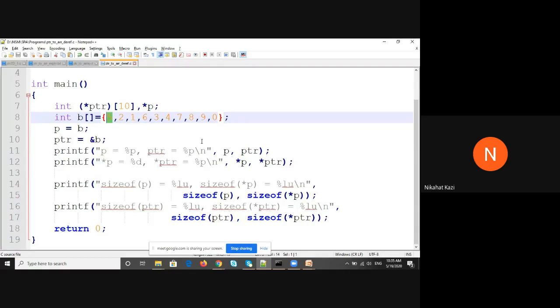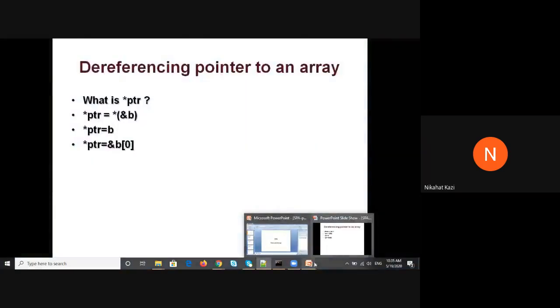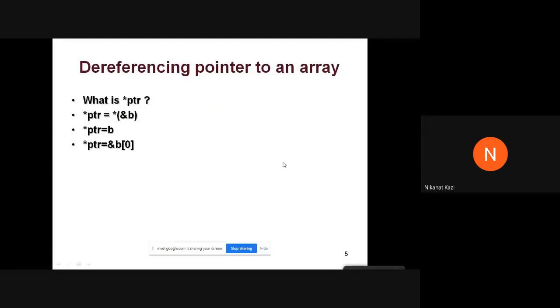So this is about pointers to arrays. This is a little difficult to grasp actually, this concept. You will have to see this. You have to play around with this. You have to try with different types. So now I have explained integers. So you write one program. I will pass this program to you, of course. You write one program with char type, some float type, and see how this will work. Just change this. So you will learn it that way. Okay. And after this, we will see how we do pointer arithmetic with 2D arrays.